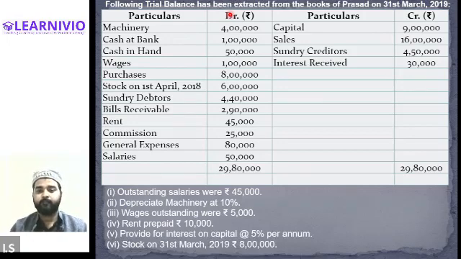Sir, will this be prepaid expenses or another type of expense, or will we just write interest received, add interest, and calculate that? Like that we'll do. Okay, and anyone else want to explain how we will be treating interest on capital provided? Ahmad?